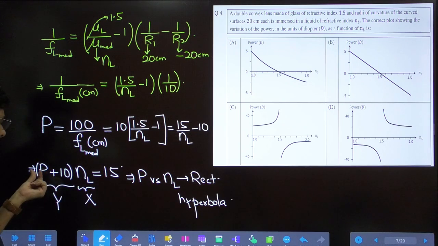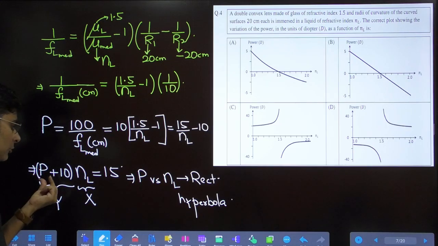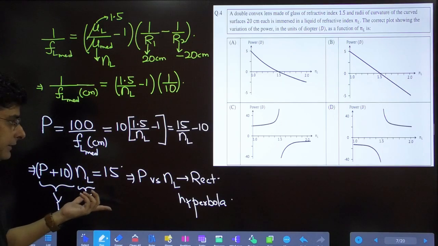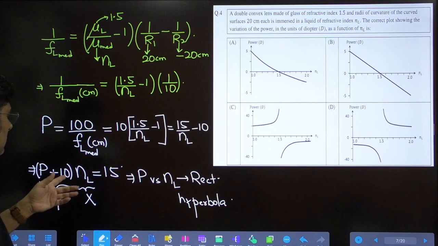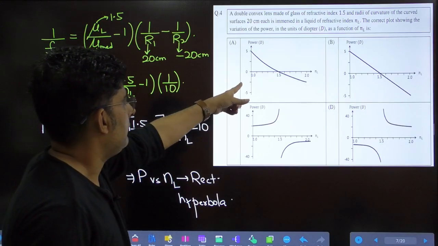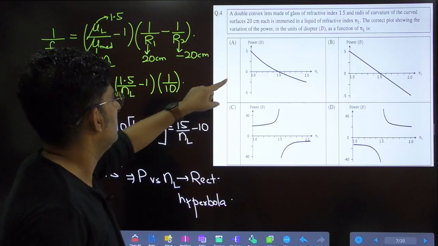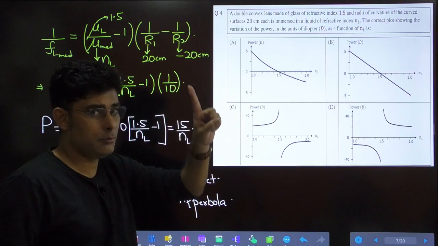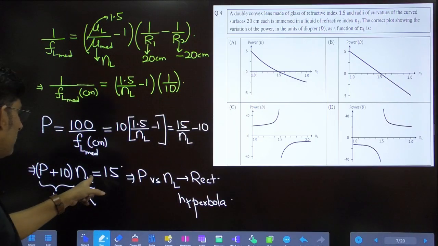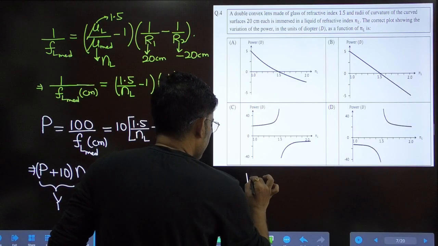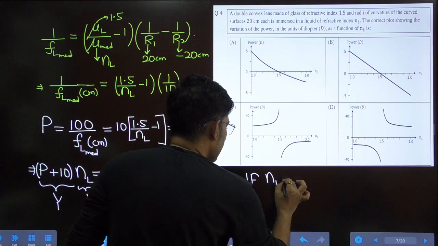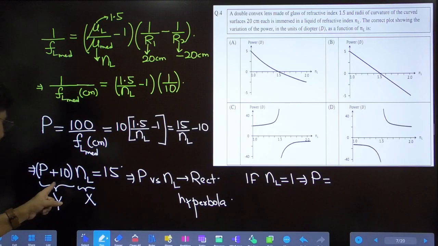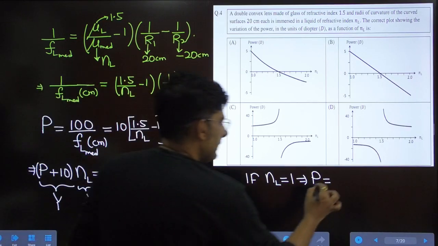So the asymptote will be P equals to minus 10, because if you take P equals to minus 10, then NL will become how much? 15 by 0, that is infinite, right? So here we can see a rectangular hyperbola, and if you take the value of NL, the least value of NL possible is how much? 1, which is vacuum or air. So if you put over here, if NL the least value is 1, so from here power will become P plus 10 is 15, so power will become 5 diopters,